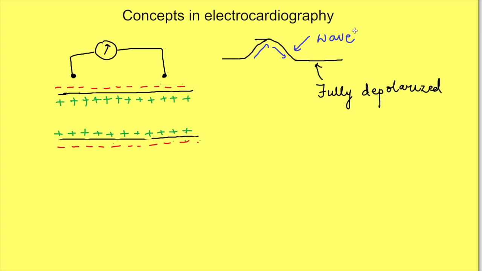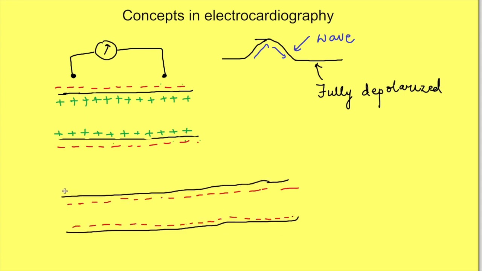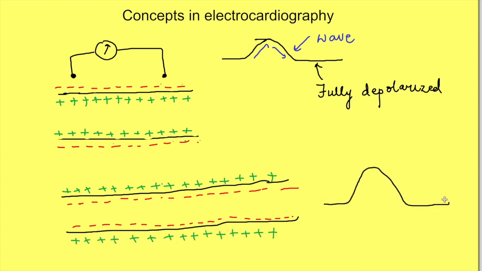Now we are here talking about a cell. But in cardiac muscle, all the cells are connected together, and there we will talk in terms of the entire atrium and entire ventricle. So just replace this word cell with the entire atrial. So here we are seeing the spread of depolarization in atria and a positive wave is being recorded. Now, what if this is a bigger tissue like the ventricles? The magnitude of the wave which will be recorded will be bigger.